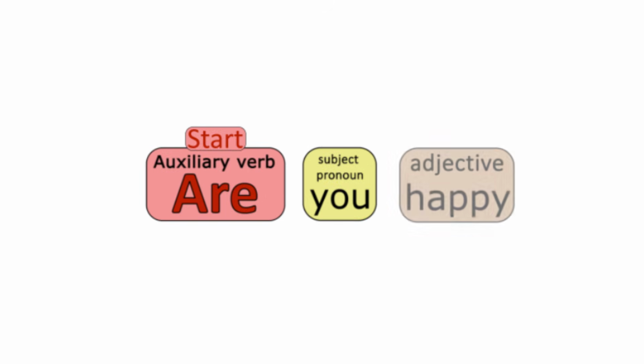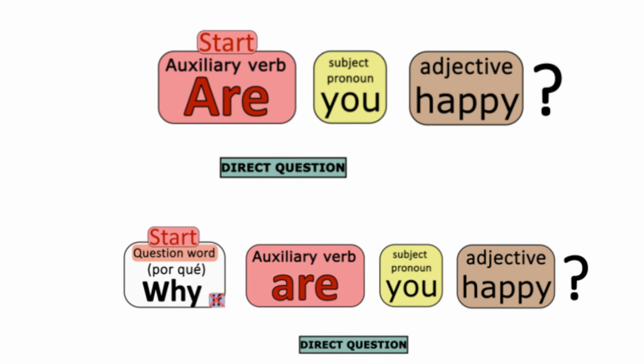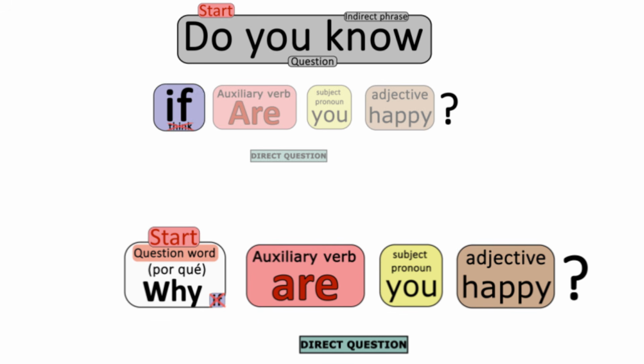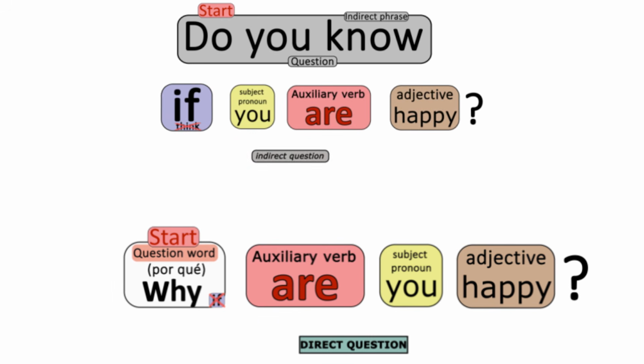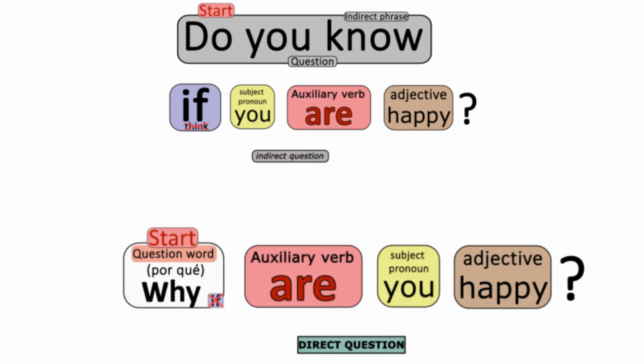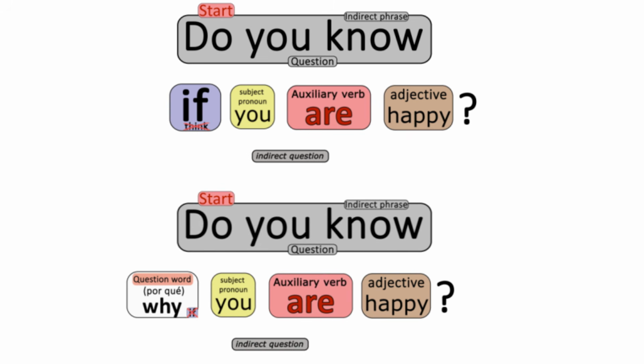Let's look at an easier example. Are you happy? And why are you happy? In the first example, we're starting with an auxiliary verb, and in the second, we're starting with a question word. If we convert a direct question that starts with an auxiliary verb into an indirect question, we add if. And if we convert a direct question that starts with a question word into an indirect question, we don't use